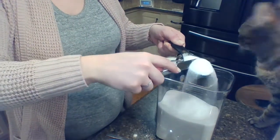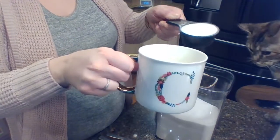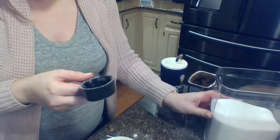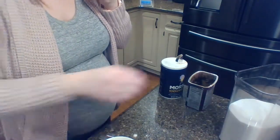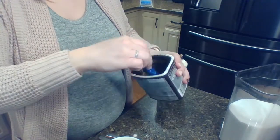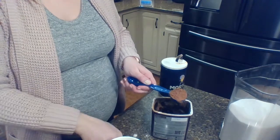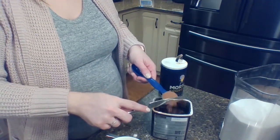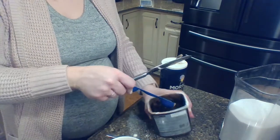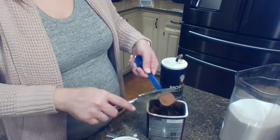Okay, level off the top of that one. And again, goes into our cup. Okay, then we are going to go ahead and do the baking cocoa. This one is tablespoons. All right, so I'm just going to get my tablespoon right in there. I am still going to use the back of my knife to level off. We're doing 2 tablespoons of cocoa for this one, so we'll get another one and then level that one off as well